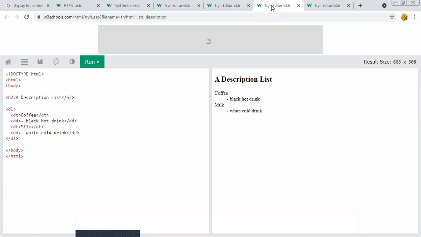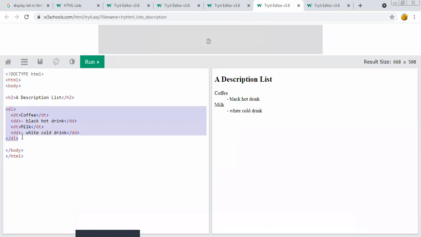In general, this is considered the ideal way to represent glossaries or lists of terms, some kind of name which has values, in pairs. Basically the definition list uses the DT tag to specify the term, then the DD tag to specify the definition, and the DL tag is used for the definition list. After that, we enclose the definition list with the closing DL tag.